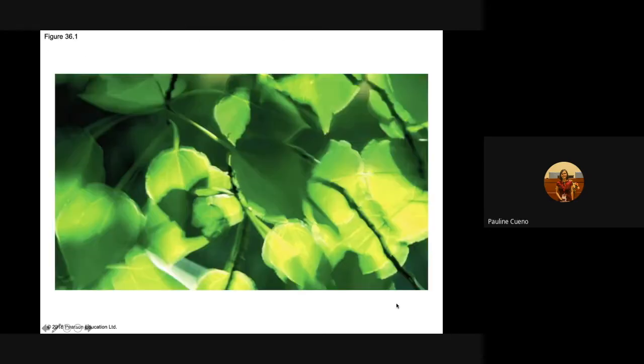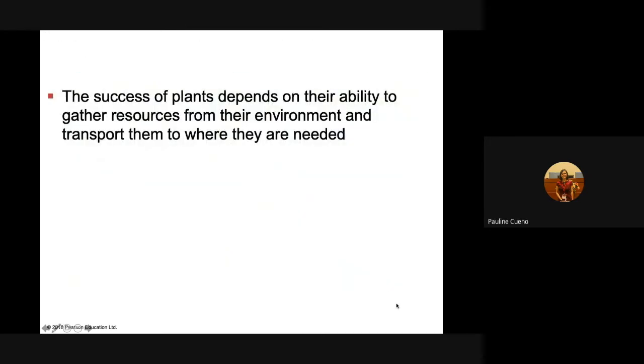Okay? So, ayan, leaves. And then, the success of plants depends on their ability to gather resources from their environment and transport them to where they are needed. So, kagaya ng previous discussion, plants are the main producers of the food chain. So, for them to be considered as successful producers, they have to gather enough resources not only for the consumers, para sa atin, but also for themselves. So before they will nurture the environment or before they will nurture the consumers of the food chain, they have